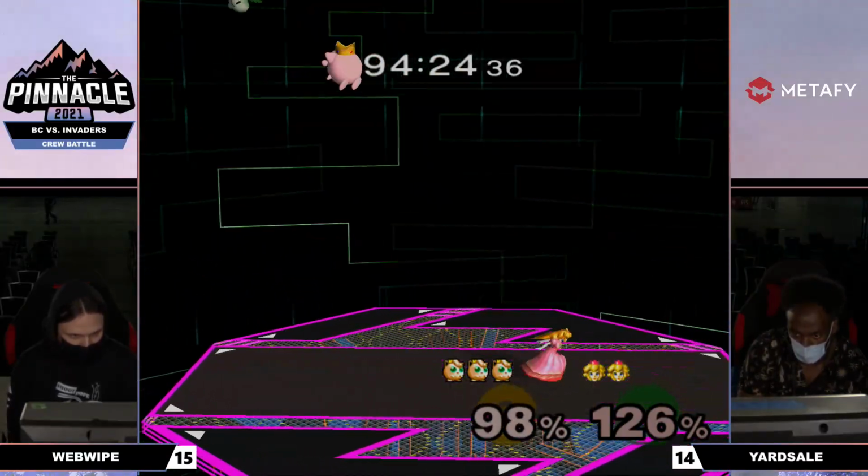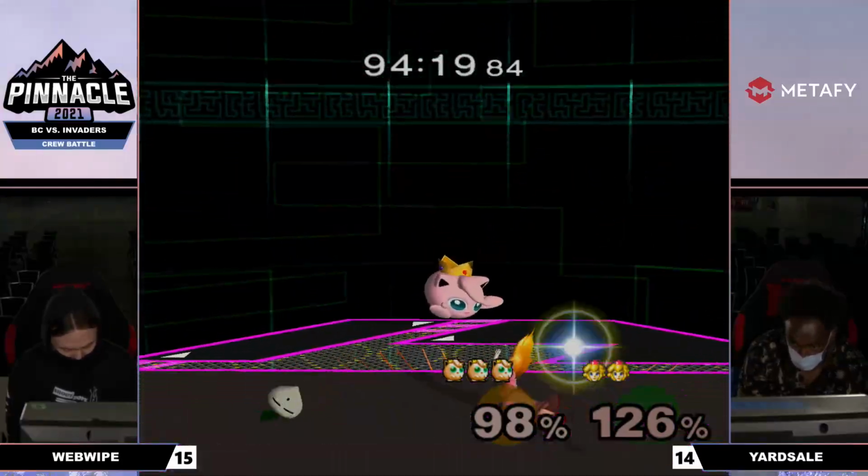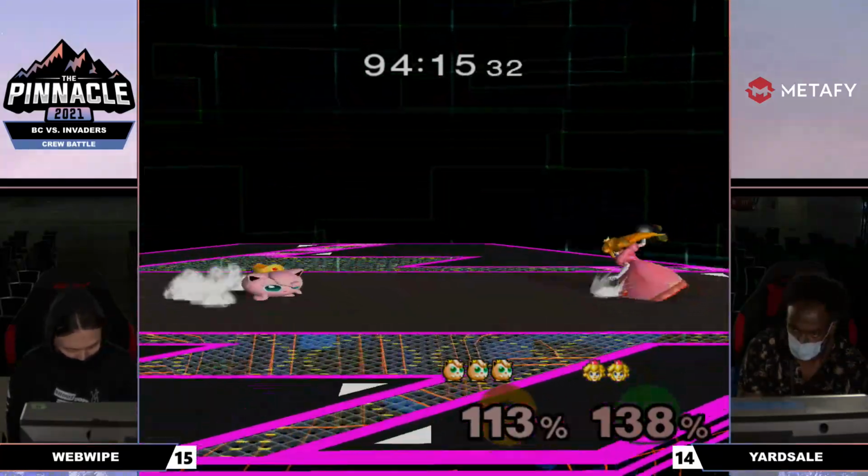Up air would be great for Peach right now. Up air for either character would likely lead to a kill. Just a straight solid hit. I'm talking about setups. There's not really anything she can do beyond just a strong hit. Yes, yeah. Eventually she'll have